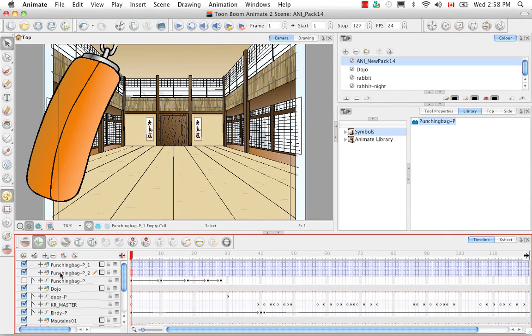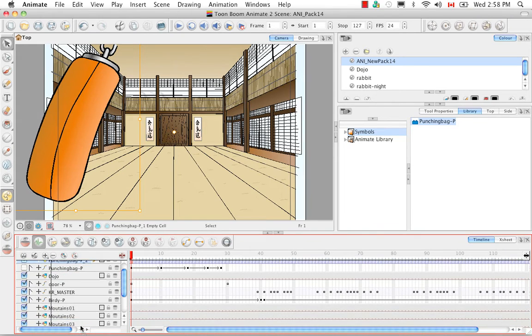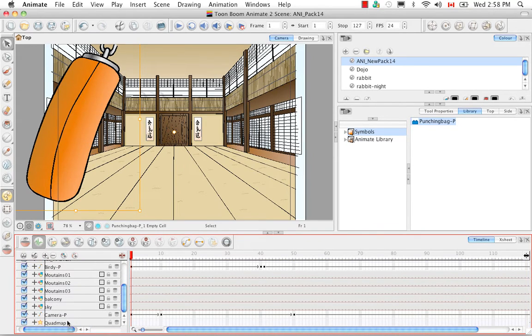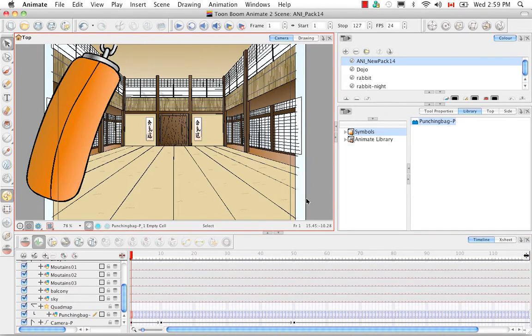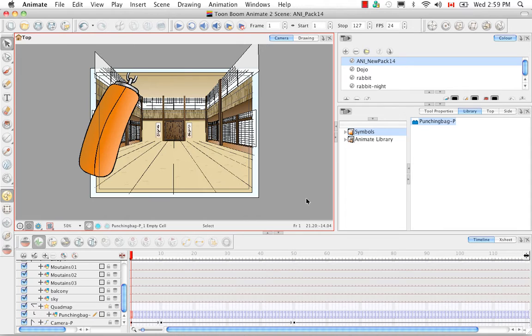So I'm going to take the second symbol, the copy of the symbol that I created, and drag it down to the bottom of my timeline and drag it over the quad map and then drop it there. And you can see that the punching bag-p_2 symbol has now been hooked onto the quad map. So I'm just going to zoom out a bit here in the camera view, and you can do that by using Command-minus, or Control-minus if you're using Windows. And then I'm going to reselect the quad map layer in the timeline view, and then go to the top